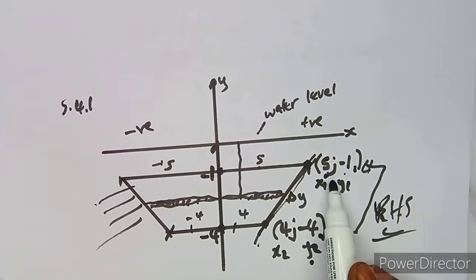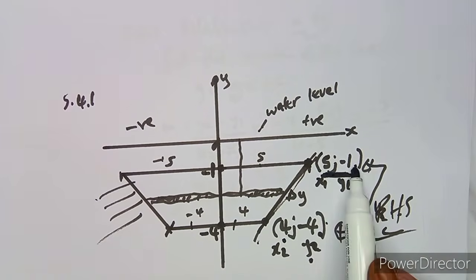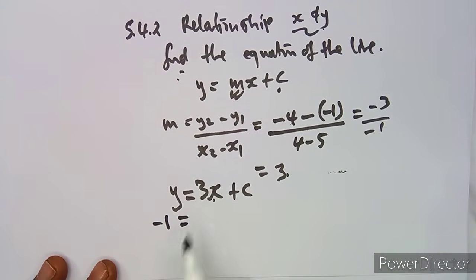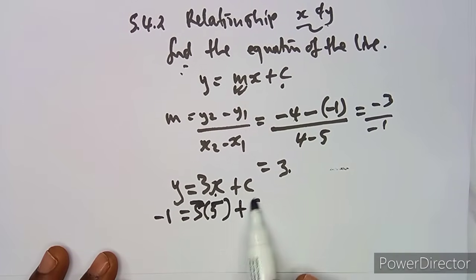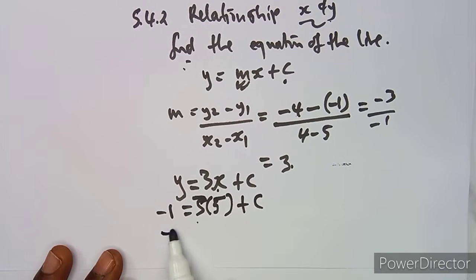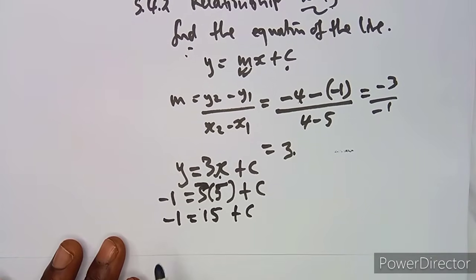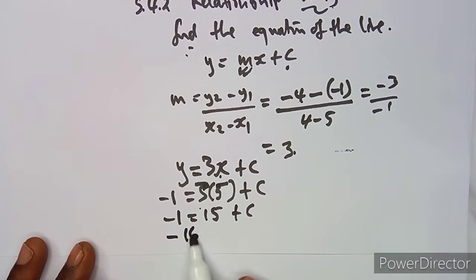So remember, we take any point of your choice. You can use this one, still you're going to obtain the same equation. So y here is minus 1, x is 5. Okay, so y is minus 1 when x is equal to 5. So it's 3 by 5, sorry, that's 3 by 5 plus c. And 3 by 5 is going to give us 15, plus c. And you can transpose this, which is going to give us something like negative 16. Is it negative 16 or is it what I'm obtaining here? 3 and negative 1 there. So it's going to give us negative 16, which is equal to c.